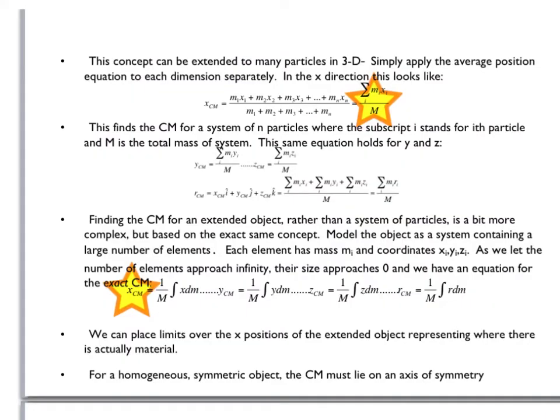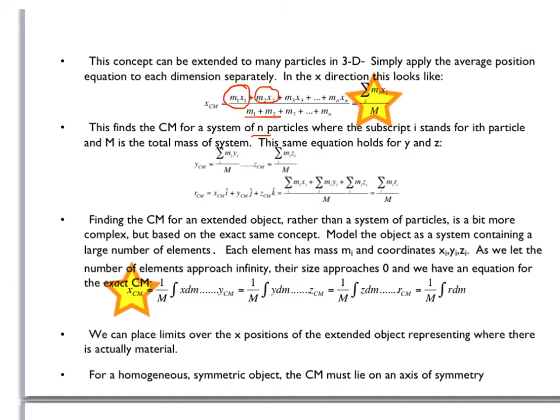This concept of center of mass can be extended to many particles in 3 dimensions. Simply apply the average position equation to each dimension separately. So in the x direction, this would look like m1x1 plus m2x2, on and on and on, for as many particles as you have, divided by the total mass of the system. So this finds your center of mass for the system for any number of particles, n number of particles,